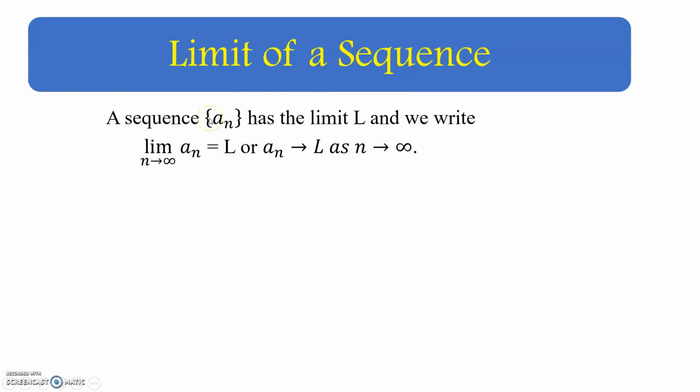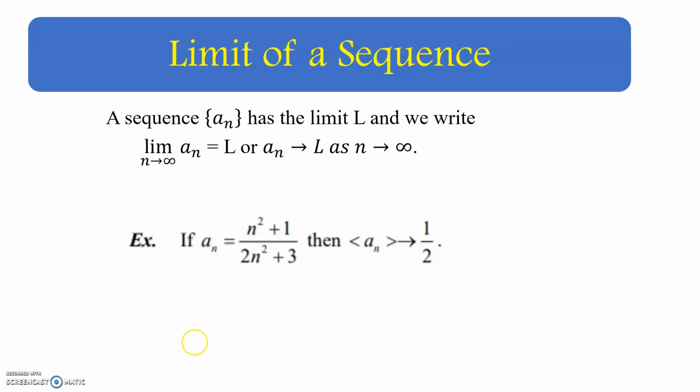Suppose the sequence is given. For example, consider the nth term of a sequence is given: an is equal to n square plus 1 by 2n square plus 3. Here you have to take the limit n tends to infinity. We can't take n tends to infinity directly, so from the numerator we take out n square. We get 1 plus 1 by n square. In the denominator also take out n square outside. You will get 2 plus 3 by n square. So now we can cancel the n square.